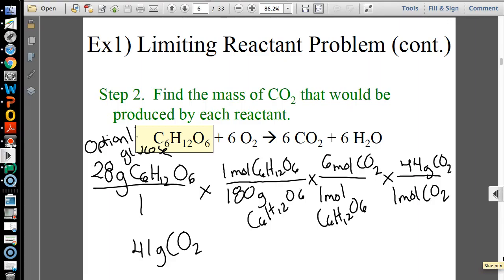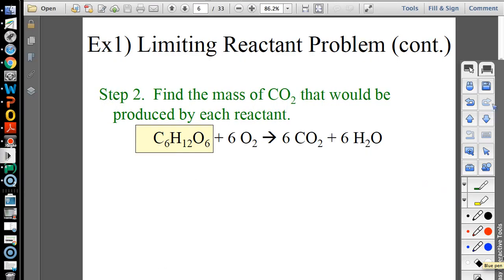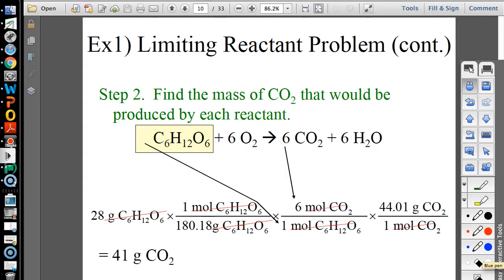Do I know that this is my limiting reactant? No, I have no idea. So I'm going to have to now solve for the mass. If you don't have all this down, when I hit the little button, it'll kind of come back. So 41 grams of CO2. Everybody got that down? Alright, so now I'm going to solve for the mass of CO2 that can be made